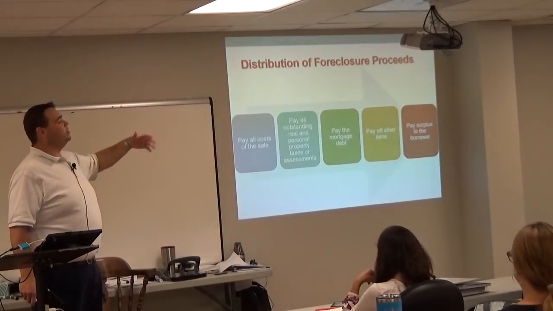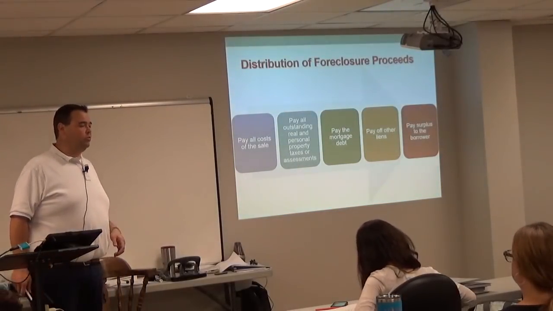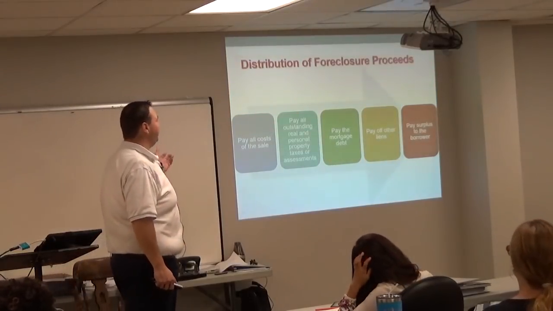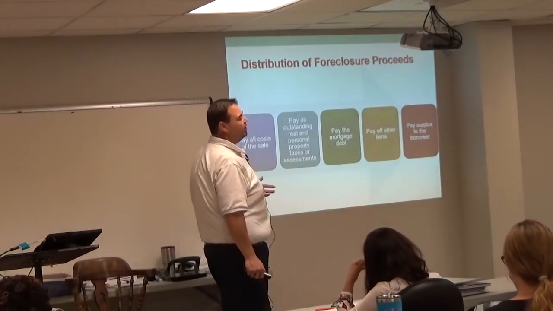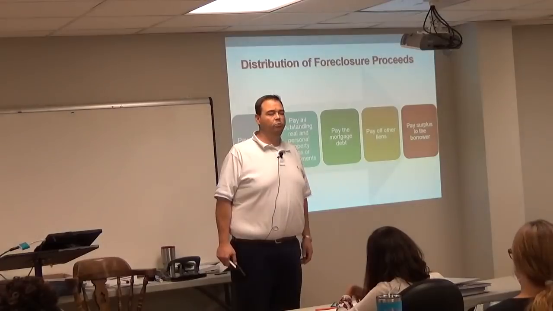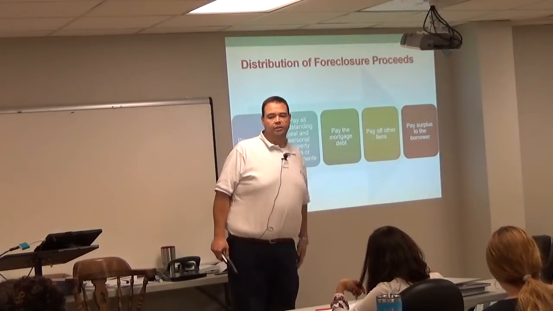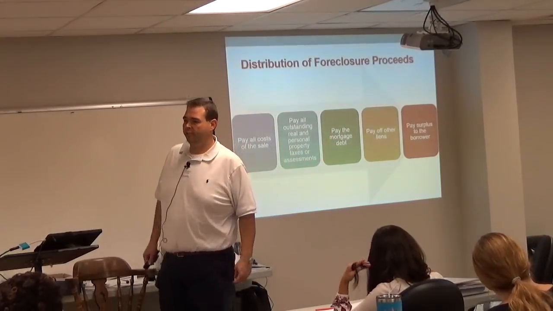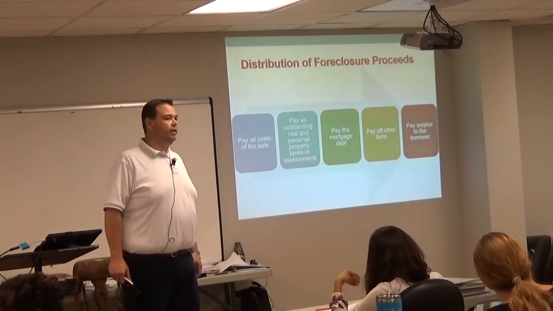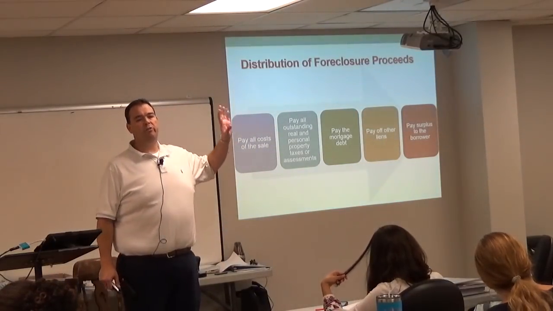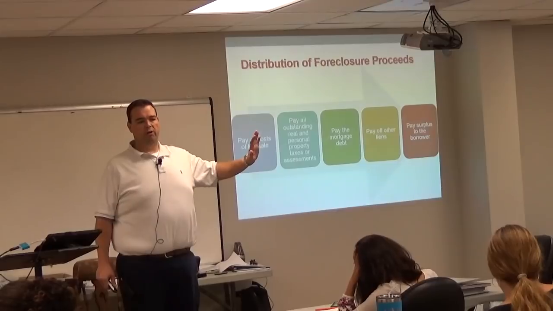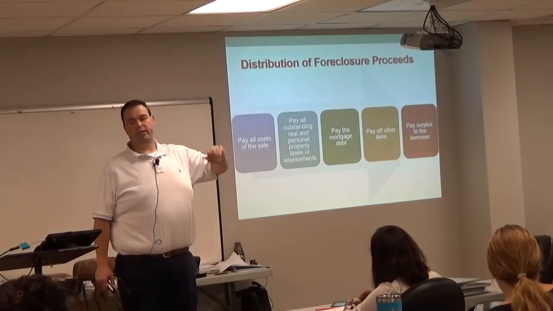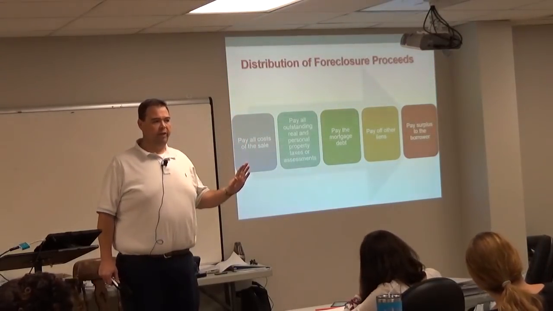So, distributing the money, paying out the proceeds. First, pay the cost of the sale. So that's going to be the trustee, and any fees associated with filing the auction at the courthouse, because there are fees for all those things. That's going to get paid first. So that comes out of the bucket of money first. This is after the property is sold at the foreclosure auction. This is the order in which everybody gets paid. Everybody good with me on that?